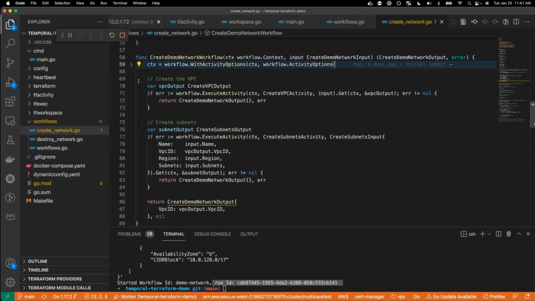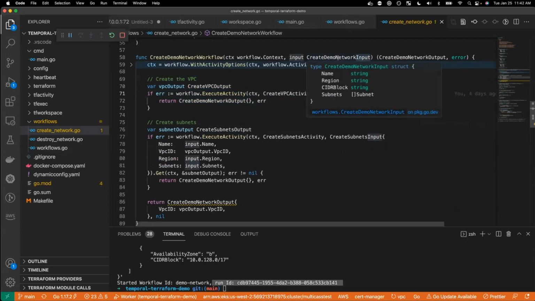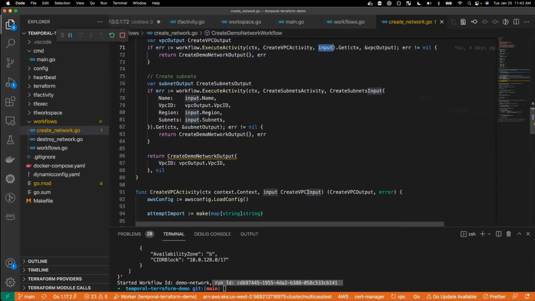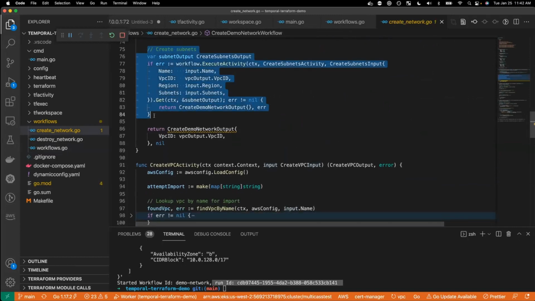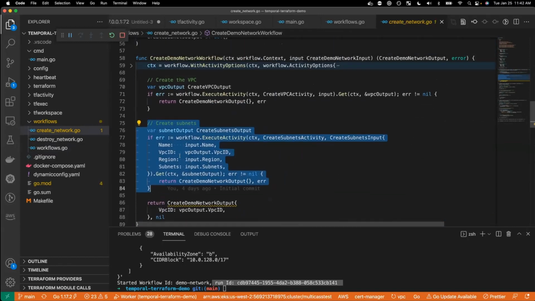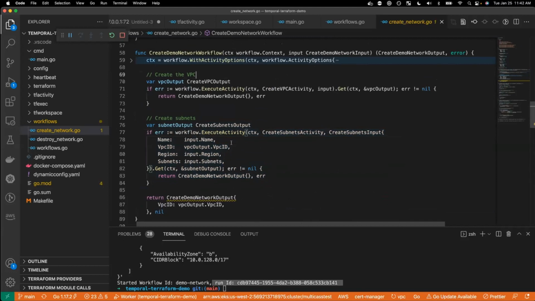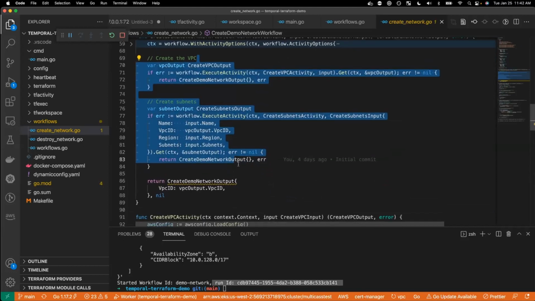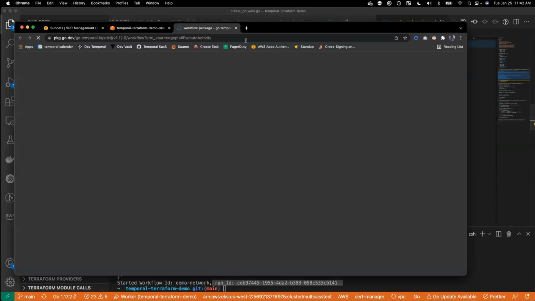Moving on, we're going to create the VPC as an activity. The input for that will be the name, the region, CIDR block, subnets. And then we're going to create the subnets, and then we're done with the workflow. Now, this is all great. You can't really tell that any of this is Terraform yet. So let's jump into